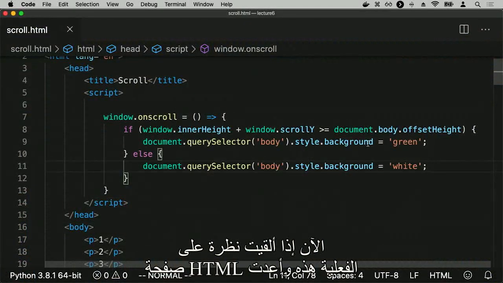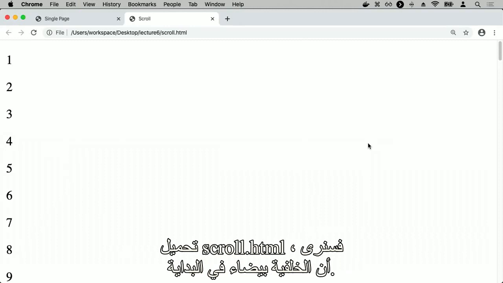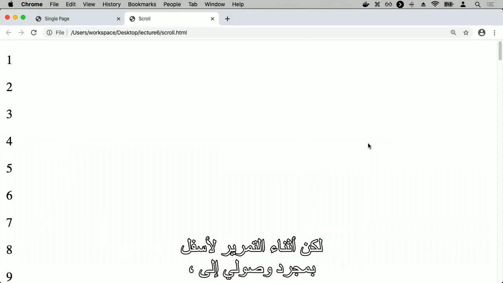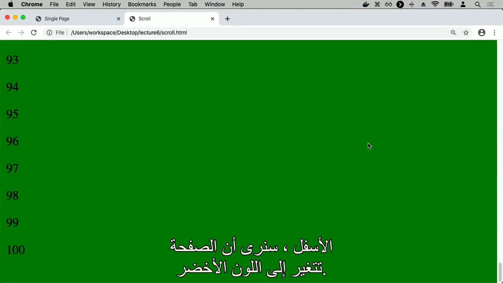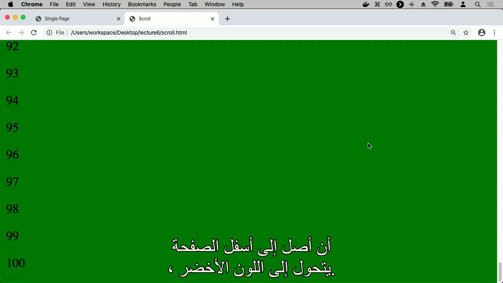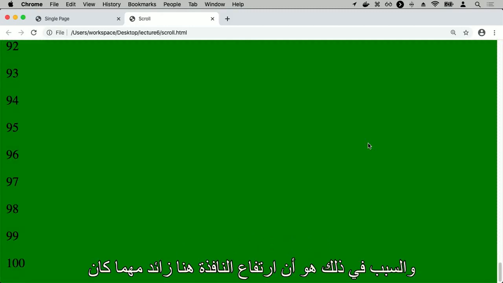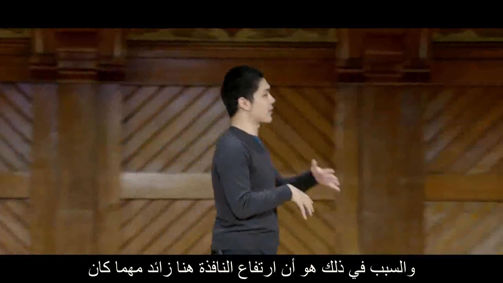So now if I take a look at this actual HTML page and reload scroll.html, we'll see that the background is initially white. But as I scroll down, once I reach the bottom, we'll see that the page changes to green. It's white before I reach the bottom, but as soon as I get to the bottom of the page, it turns to green. And the reason why is because the height of the window